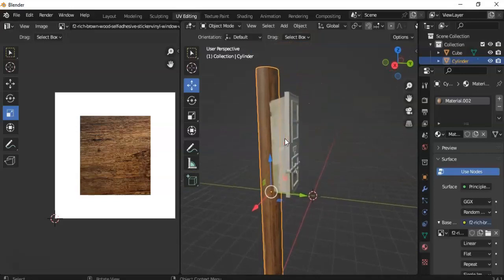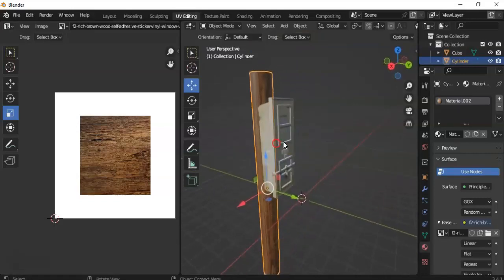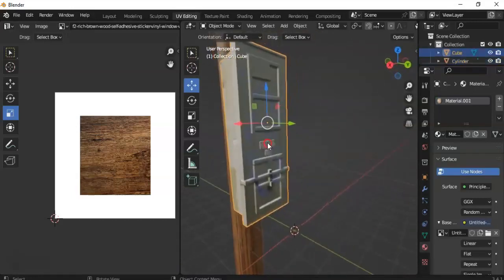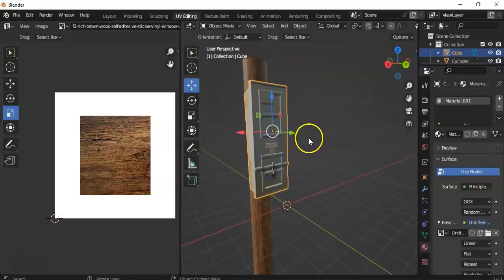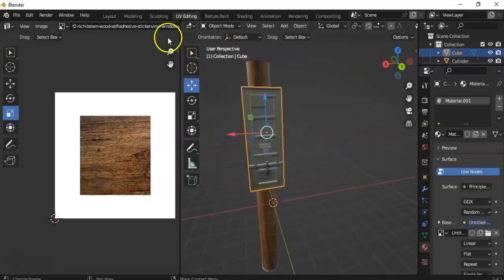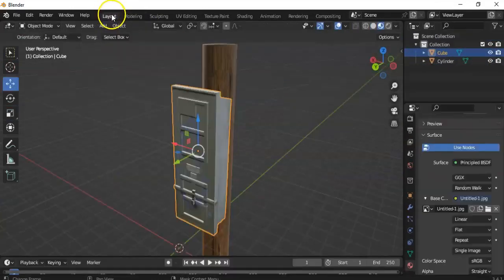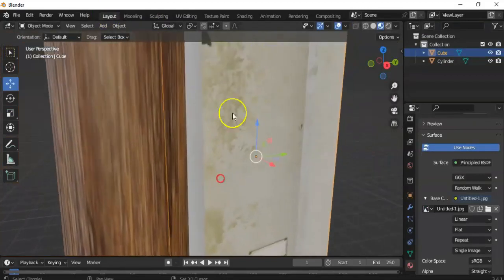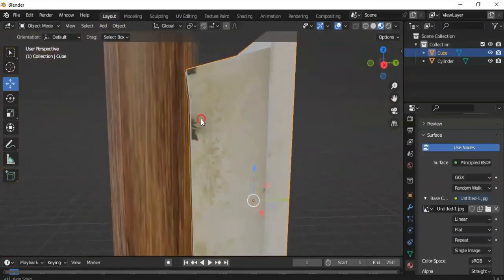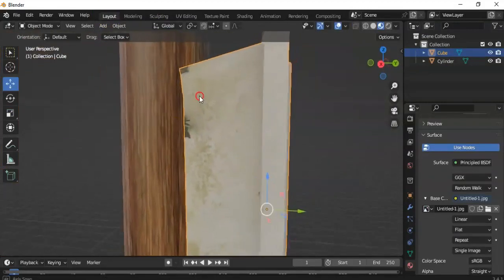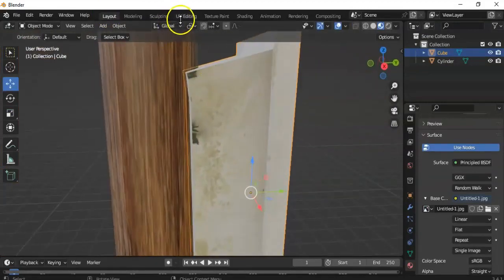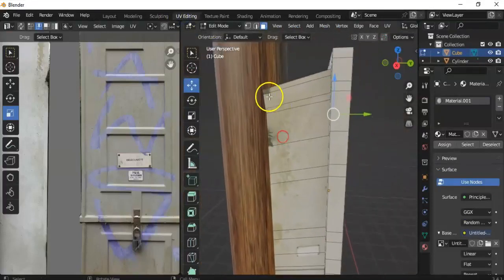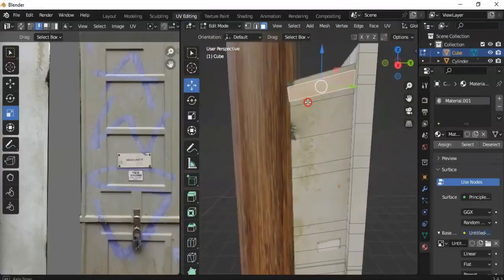Just a few final things to do in terms of finessing it a little bit. So that's all looking all right. Generally speaking, it's looking good. If I just go back into the modeling view now, or layout, there we go. So it's looking good. There's perhaps a bit of tweaking that I can see needs to go on, like here, there's something a little bit funny going on there. Again, we could maybe go back into the UV editing. Let's have a look. This could just be to do with the image, but it looks like it might be